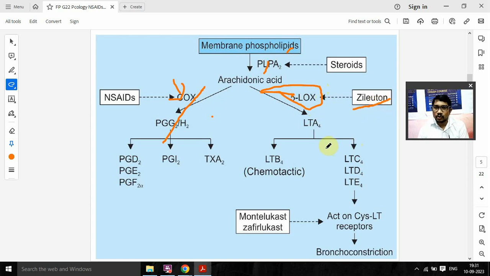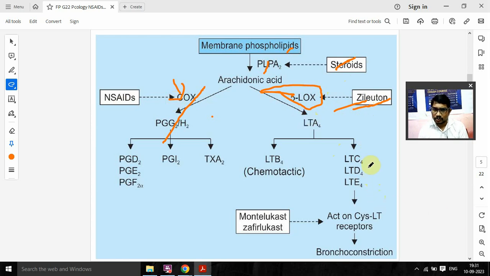Okay, zileuton. So this is a drug used in asthma. zileuton में इसको यूज करते हैं, asthma, allergy also. Okay, so lipoxygenase inhibitor, zileuton, इसके ऊपर भी क्वेश्चन आ चुका है, mechanism of action of zileuton. So when we see asthma at that time also I will explain the same thing. Okay, but यहाँ पे आता है steroids inhibit the phospholipase A2, NSAID inhibit the COX, zileuton inhibits the LOX,